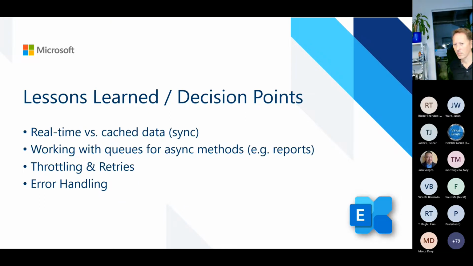The learnings we had there is, first of all, out of GDPR reasons and privacy reasons, we didn't want to store a lot of content from customers in our environment. But we also learned, from a development perspective, you need to decide between real-time access and cached data access sync. So we are syncing a couple of data just to have a better performance in our own app. Also, think about that we need to work with queues and the